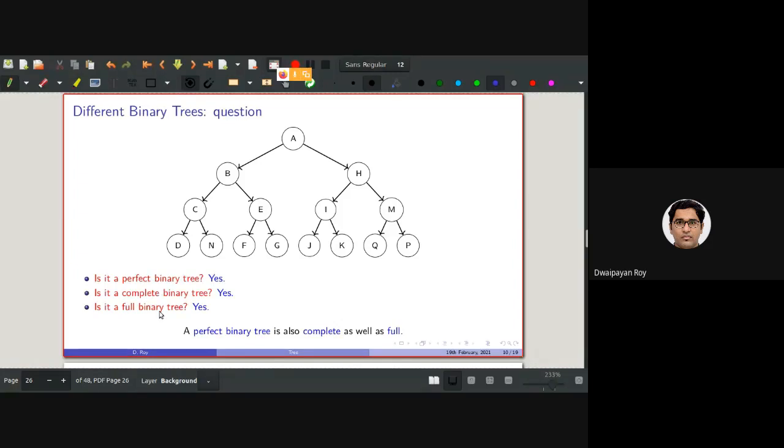Another question to you is whether a full binary tree will be a complete binary tree or not. Not necessarily, because for the full binary tree, all the nodes must have 0 or 2 children. But for the complete binary tree, if I just remove this